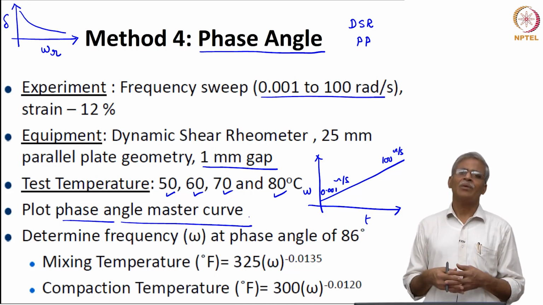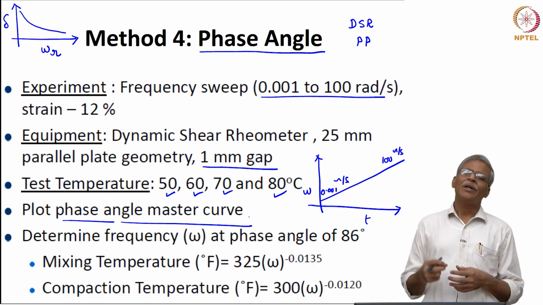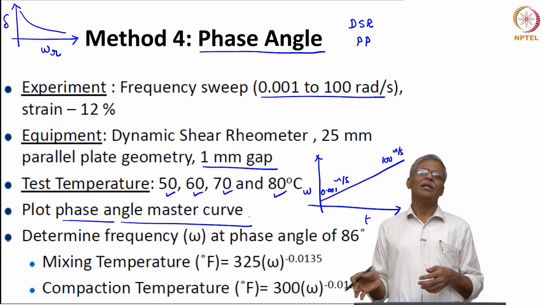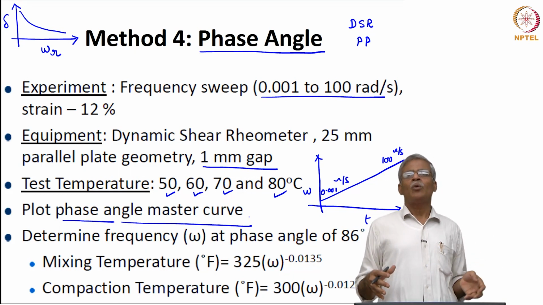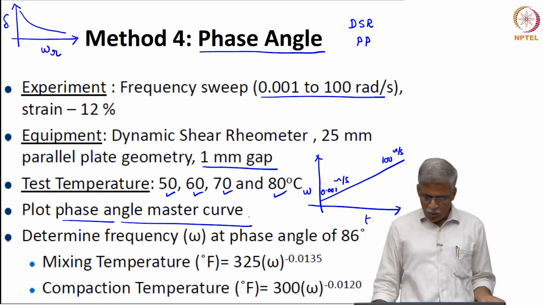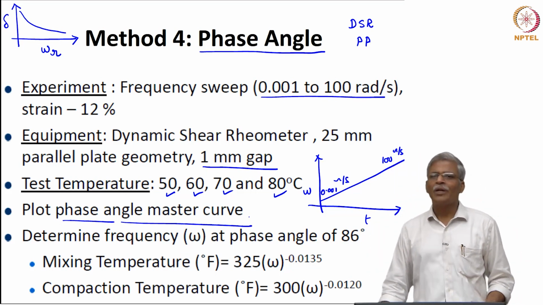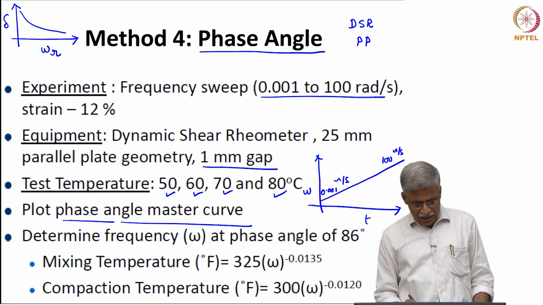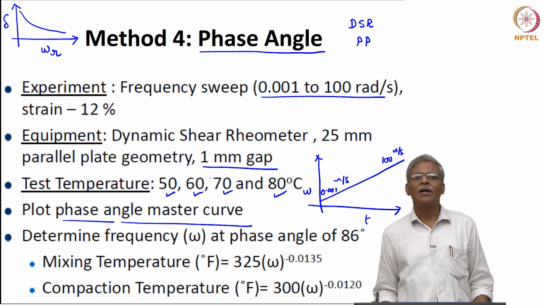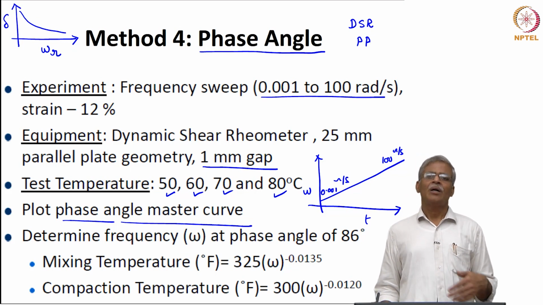The purpose of having a master curve is to find out the material modulus at any other temperature and any other frequency over and above whatever we have measured here, right. So, how do we go about doing it? Let us say we want to find out the response of the material at 65 degrees centigrade, let us say for 50 radians per second. How do we do it?